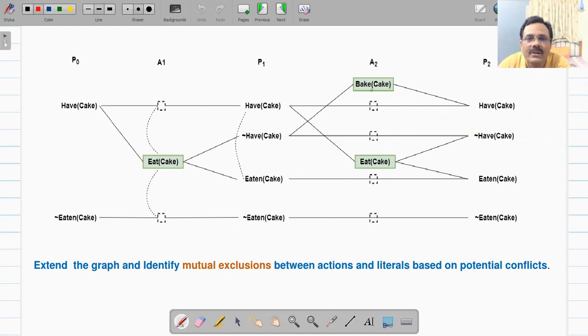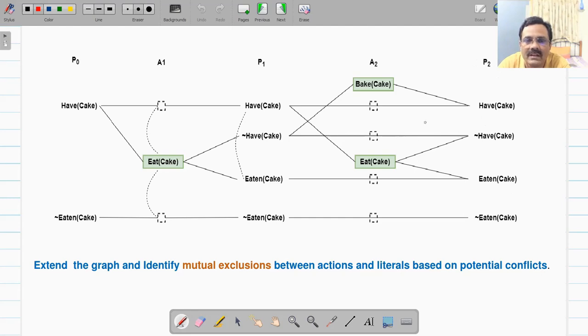Now you will have bake cake. Precondition is not have cake, and its effect is have cake. For eat cake, precondition is have cake, and effect is not have cake and eaten cake. All these 4 propositions with no-op links are available in P2.